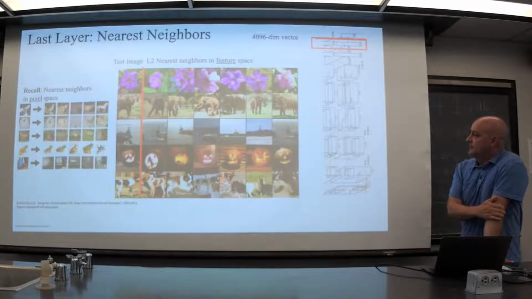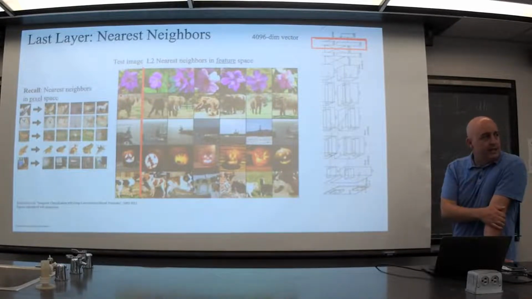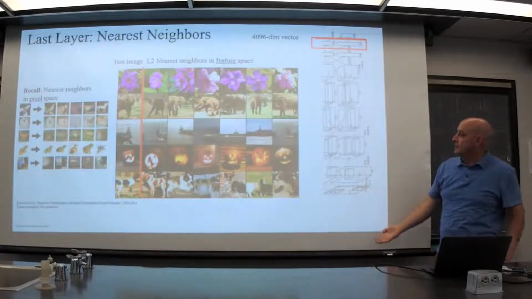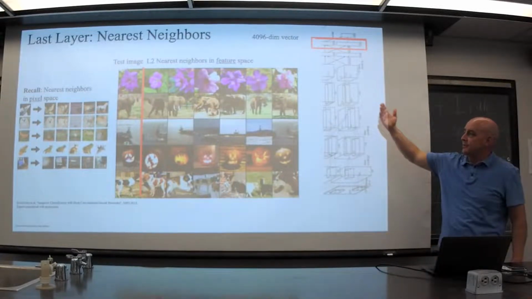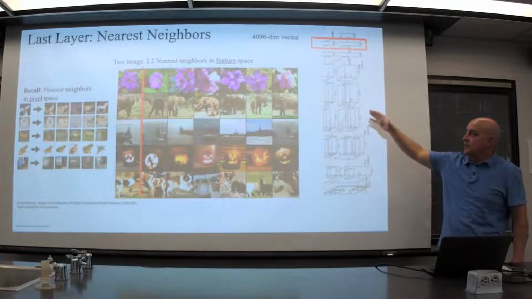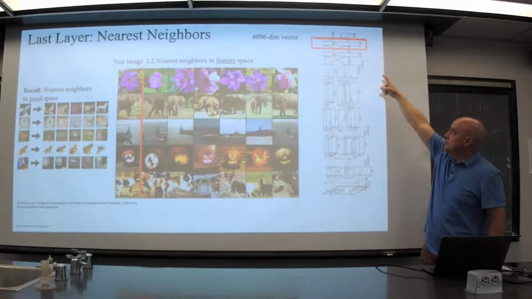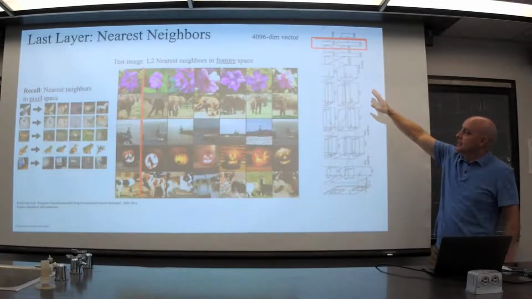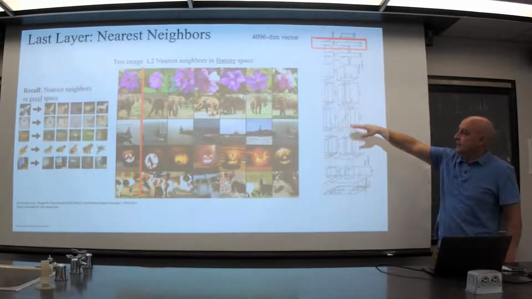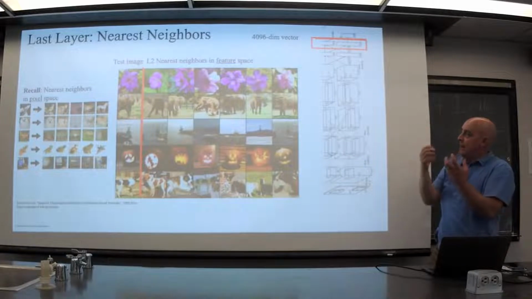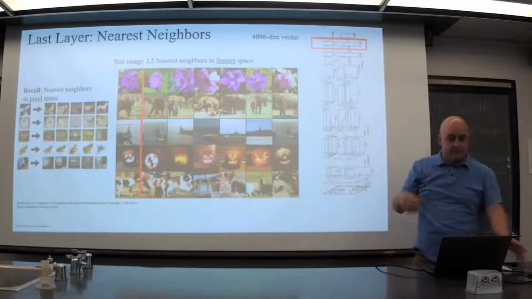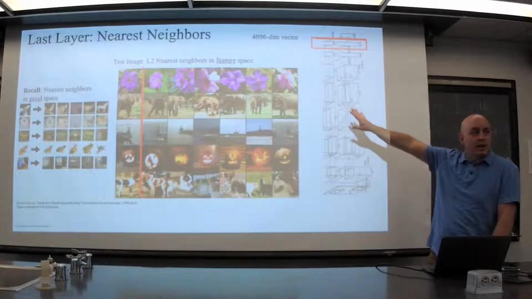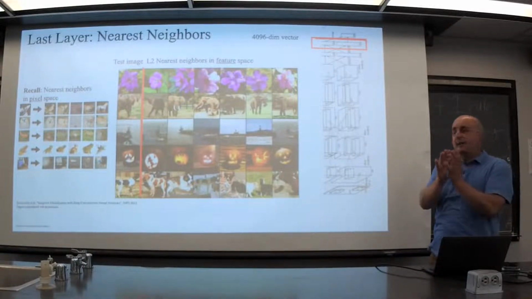So that's kind of interesting. By training these neural networks to classify the objects in these images, it's learned features that have some kind of semantic meaning, like what is the actual content of the image, and that meaning is